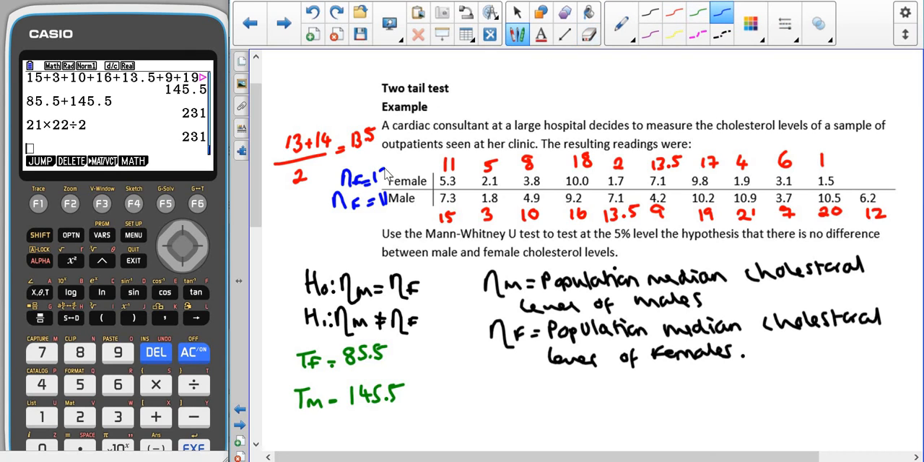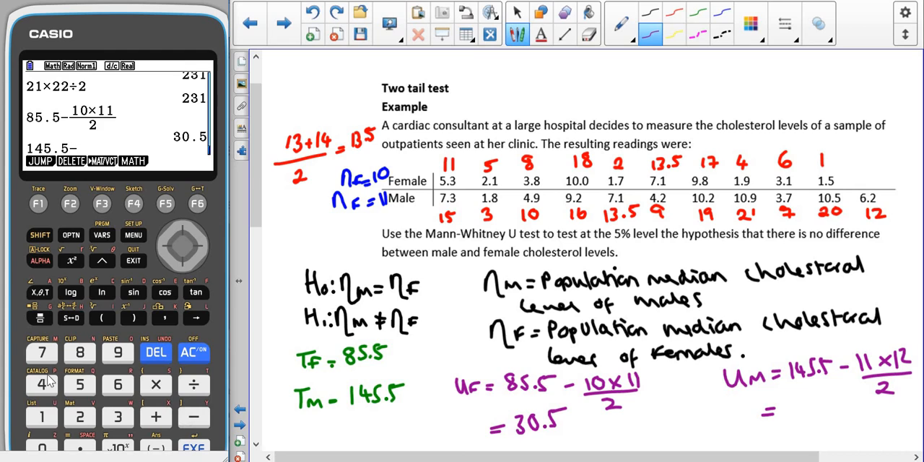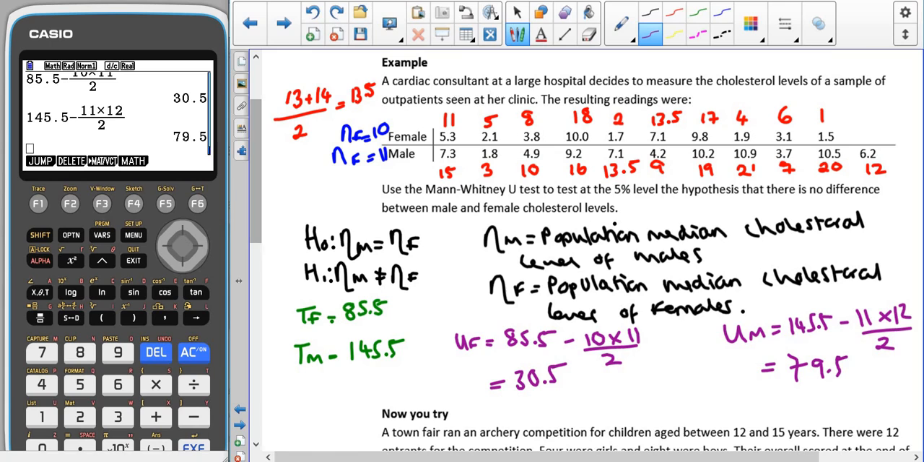So now we are going to use our U formulas. So for UF, that's going to be 85.5 minus 10 times 11 over 2. And for UM, we are doing 145.5 minus 11 times 12 over 2. So 85.5 minus 10 times 11 over 2 gives us 30.5, and 145.5 minus 11 times 12 over 2 gives us 79.5. So that means that our test statistic